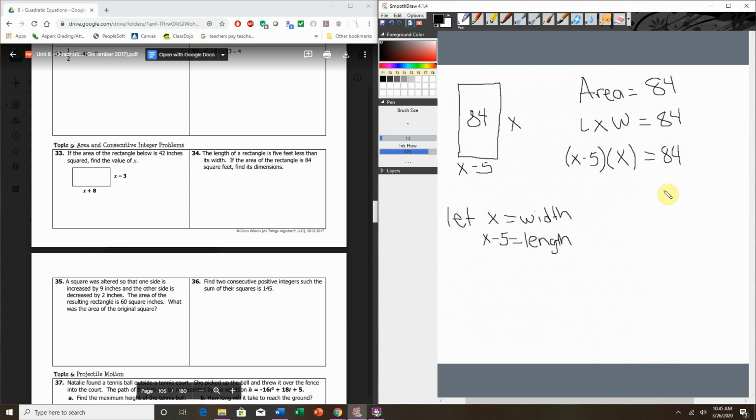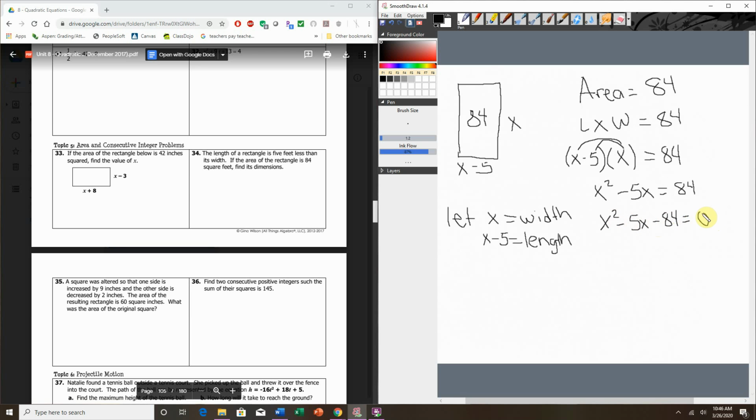And now that we have an equation, we can solve it. Okay, so with this x, I'm going to distribute it to both the 5 and the x. So this becomes x squared minus 5x equals 84. Now you could use completing the square, but since we're going to divide by -5, we're going to get a decimal. So what I'm going to do here is I'm actually going to bring the 84 back on this side. So we have x squared minus 5x. I'm going to subtract 84 from both sides